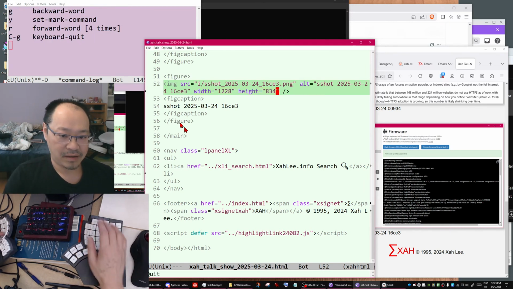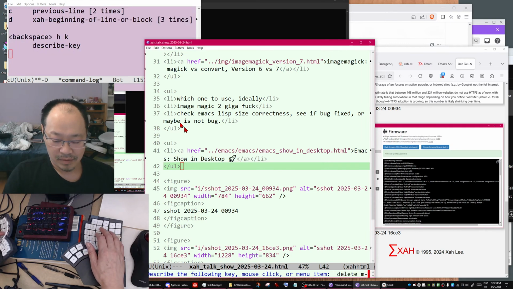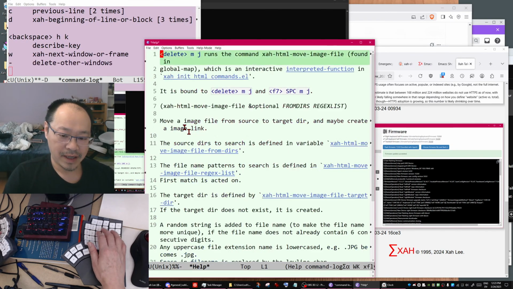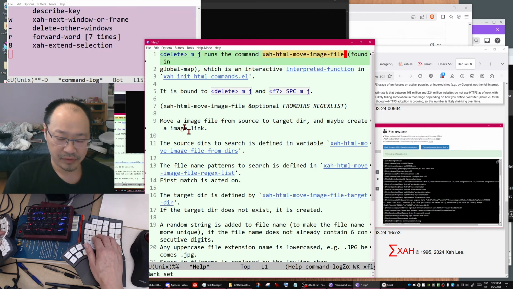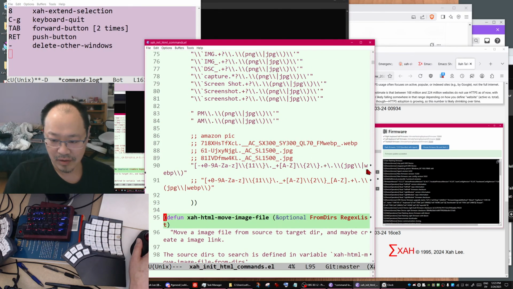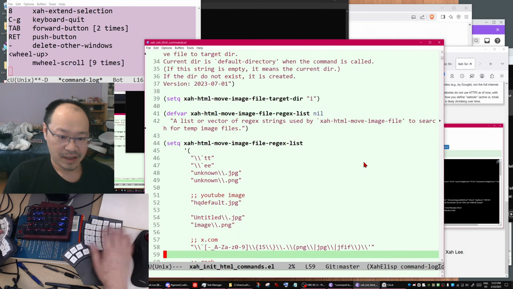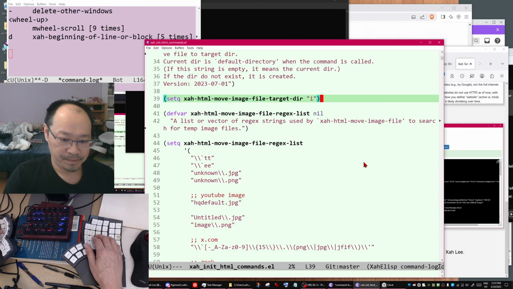So how is that done? That command I just called is Xah move HTML move image file. Let's go to the source code. Then you can see the source code. Let's expand it. So the source code has a list of